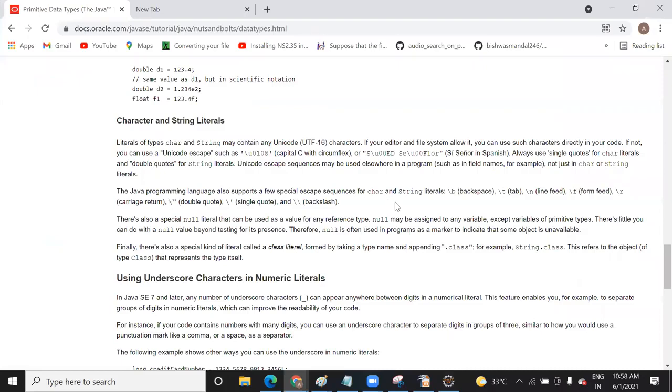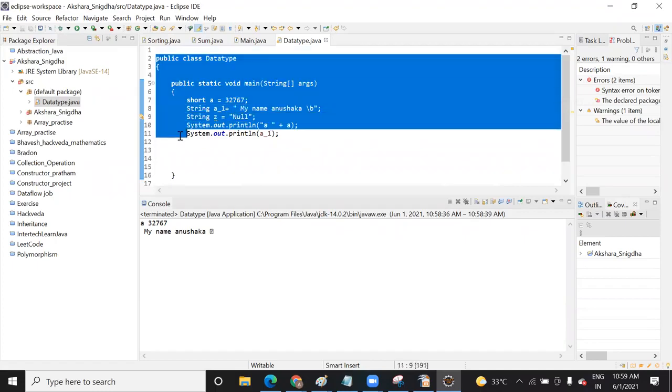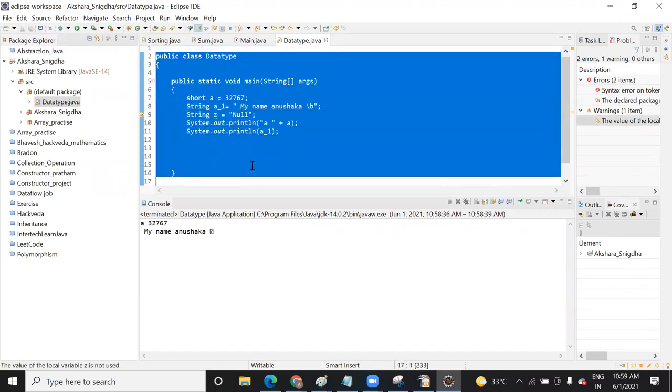Carriage return, form feed, double quote, single quote, backslash. There is one more, backspace. With the help of this one, when we write it, it will start removing characters. But I need to check why it's not working. Might be we need to import a file here. I will check this carriage return once.